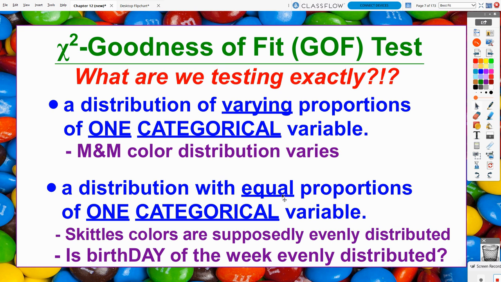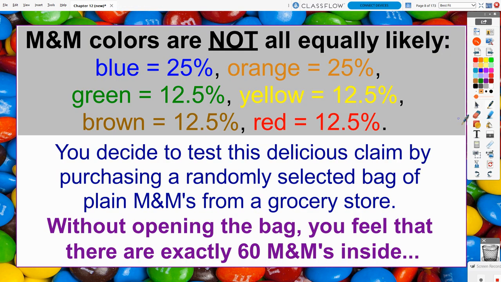We don't know. So again, that's what we will explore in the video 1 follow-up, as if we have equal proportions. All right, so like I mentioned, not all M&M colors are equally likely to occur. Blue and oranges are supposed to happen with about a 25% rate, and greens, yellows, browns, and reds are all supposed to be equally likely at 12.5%. Now, you decide to test this delicious claim by purchasing a randomly selected bag of plain M&Ms from a grocery